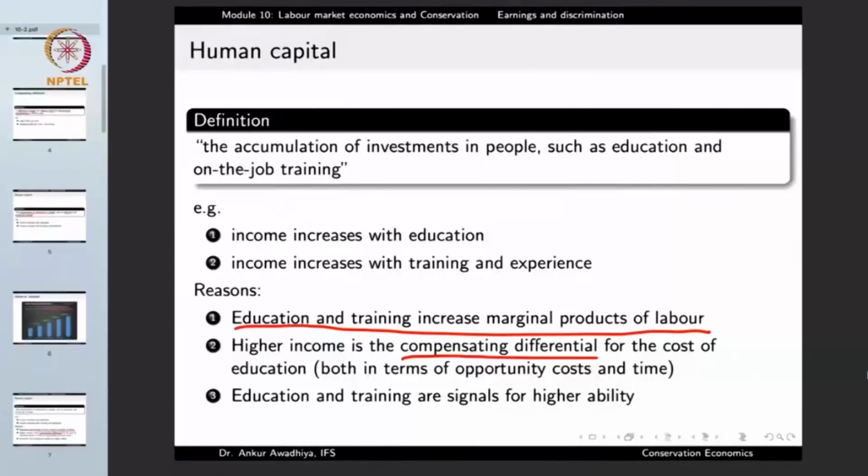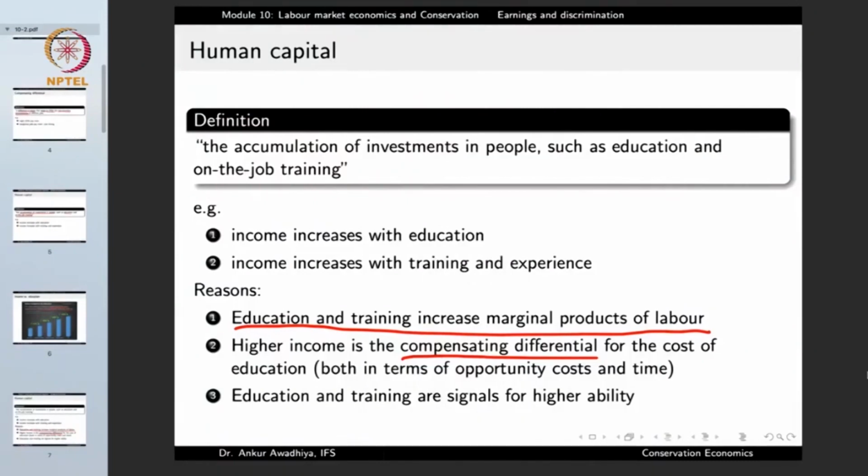Now, this person, by working on these theoretical subjects, will also gain an insight into problem solving. So that will increase the marginal productivity later on, but currently, when the person is there in an educational institution, he or she might feel that there is a huge amount of pressure and there is so much time that needs to be invested into higher education. So all this needs to be compensated by the society later on when the person joins the job market, and the higher income to people with higher education is a way of society compensating for this loss of opportunity and putting up of so much amount of time, which are all the cost of education.